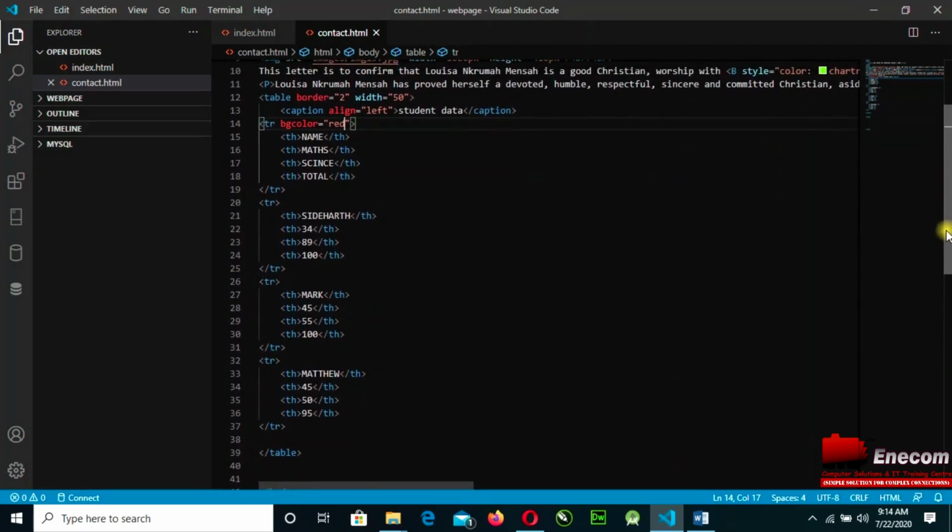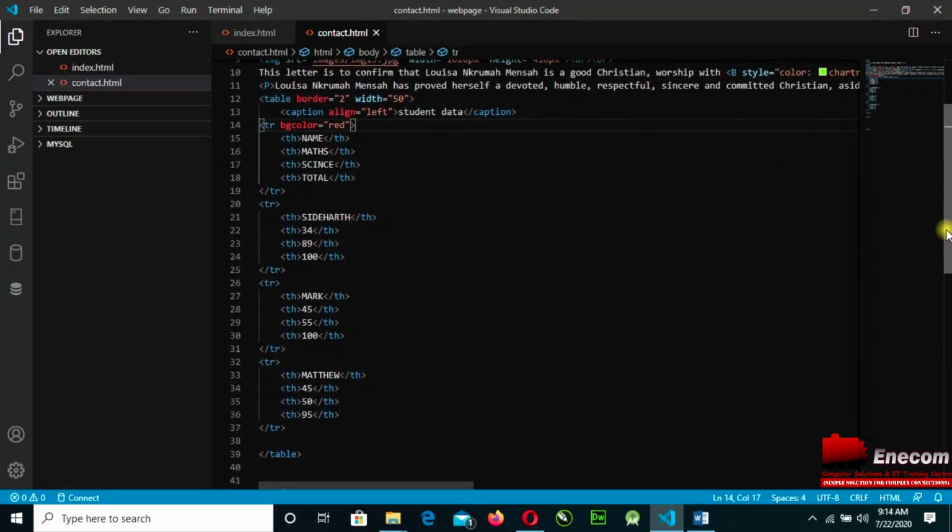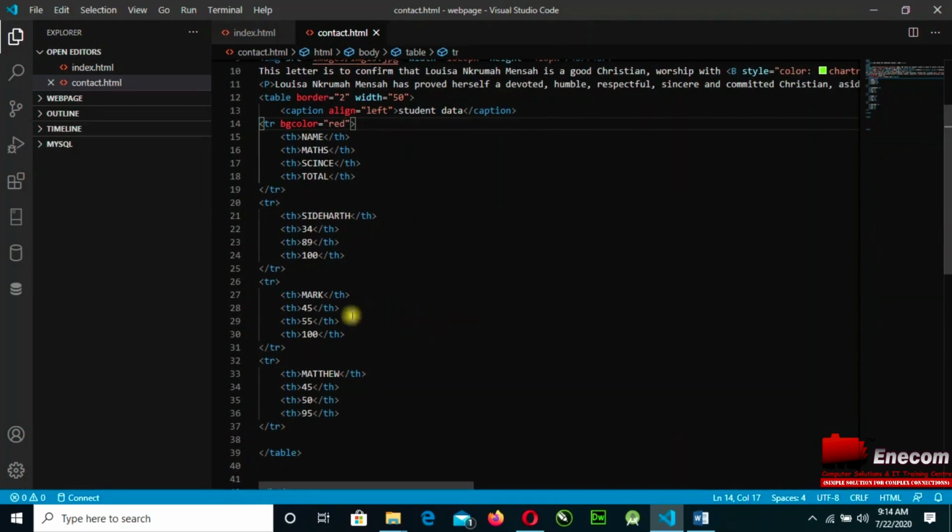Right now we've created a table row with table data and the table header. As I made mention, we have the header, which is the name. So these are the table header. Then we have the table data. So here I have to make changes to it. It will be in the table system. So I'm going to do it like this.